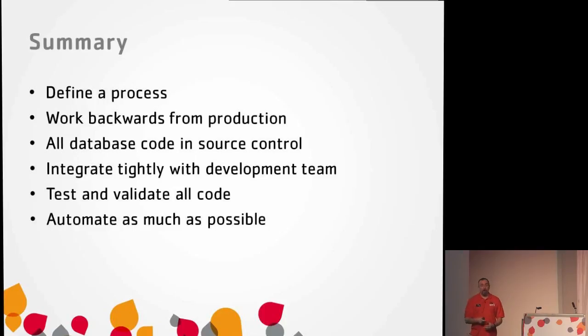Work backwards from production. DBAs, think about it that way. You want to protect production. For development, their production is their development machines, the development process, development inside there. That's what they care about more. Work backwards and meet them in the middle. Find that way to get what they need in a way that protects the systems you have to protect. Because you guys have to protect them. That's your job. So make sure you do it.